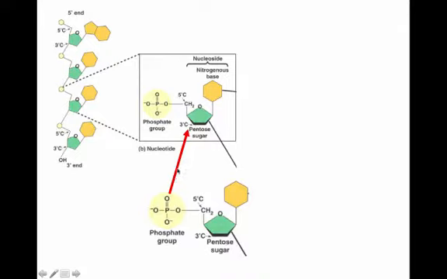So the phosphate is going to bond to the 3' carbon, making that sugar-phosphate backbone. And this bond right here would be a phosphodiester bond, linking